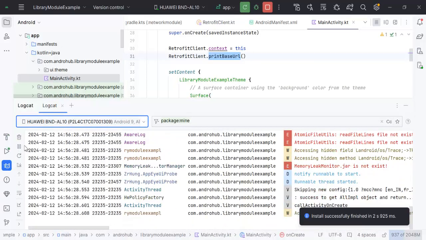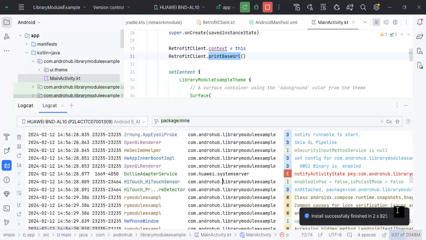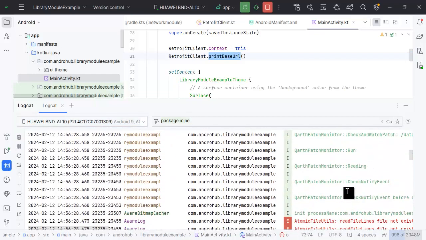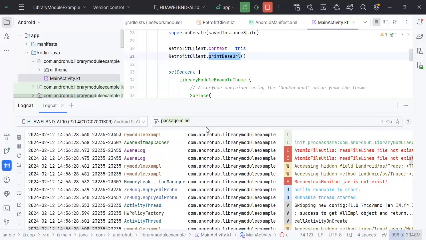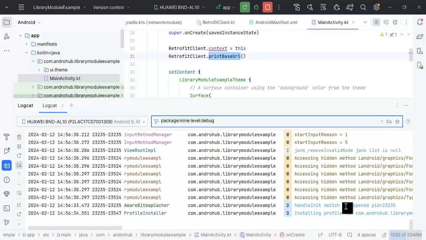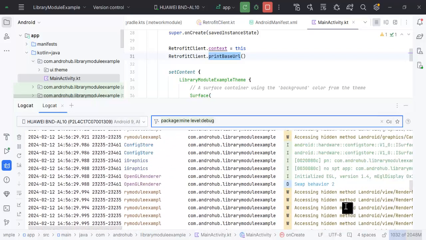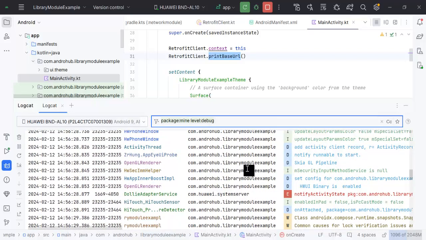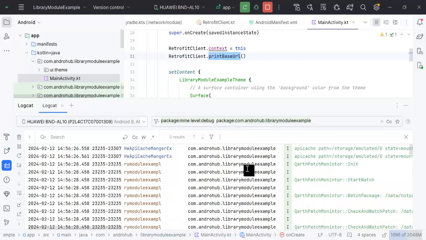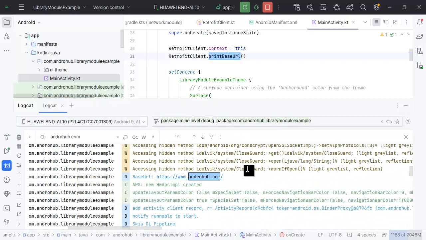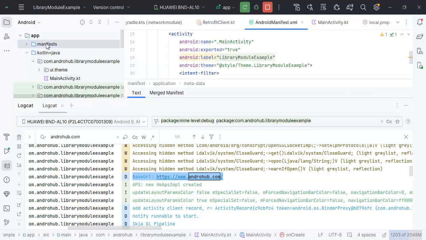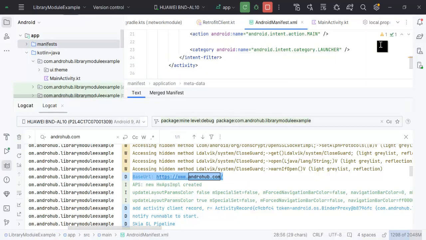The app is launched, and now if you can see, level debug, let's find it. So if you can see it is printing the correct base URL that we have passed from the manifest. Now let's change the base URL. I'm just going to